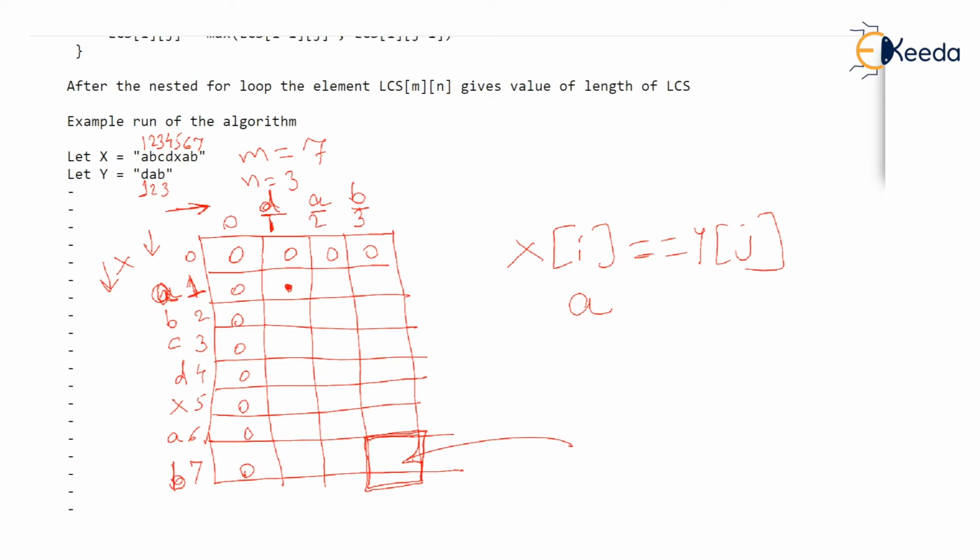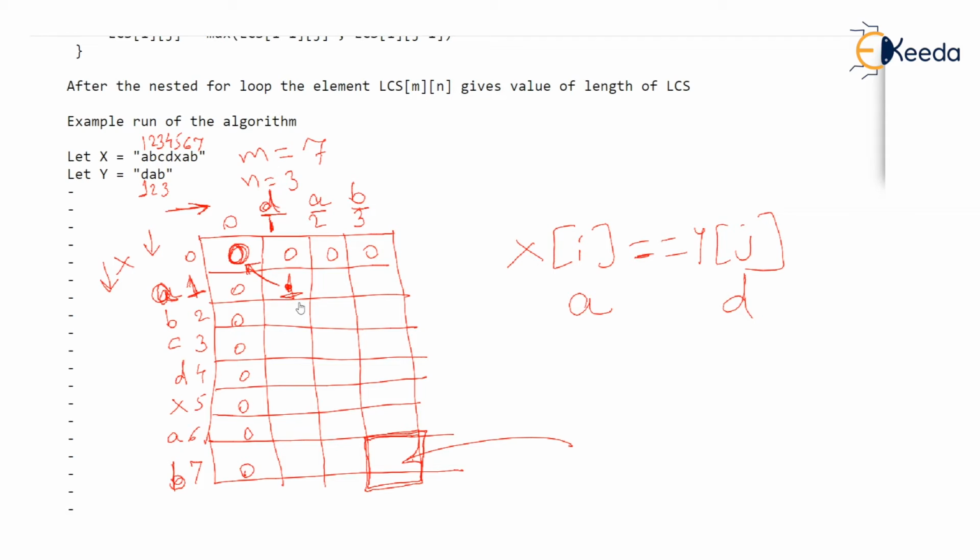Now, if they were equal, let's assume they were equal. I know they are not equal here because yj is d. But if they were equal, let's say, then we will borrow an element from the diagonal, exactly the element which is there up there in the diagonal, and we will just add 1 to that element. That element is 0. Check that. And we will simply add 1 to it, and we will store 1 here. That's it. If there is a match, I am saying, then simply borrow an element from the diagonal, add 1 to it, and store the value over there.